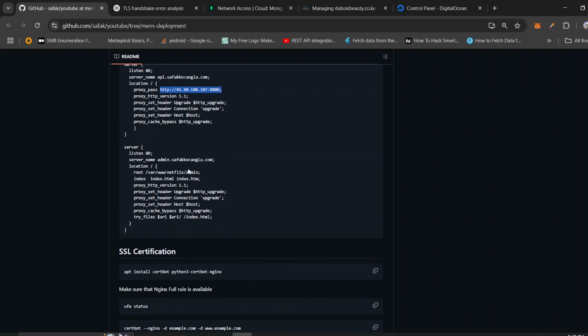Also the same for our admin dashboard. We are going to have this part here, and in this case, this will be our admin panel or admin dashboard. So it will also listen on port 80, and then it will serve with admin dot, in this case it will be dubois.co.ke, and then we are going to serve it with code that will be in this